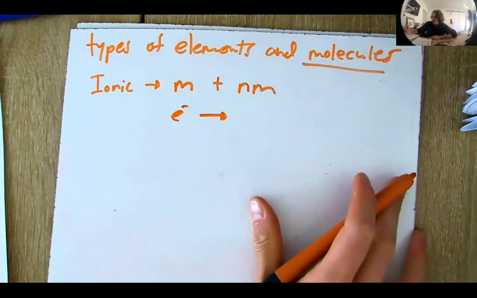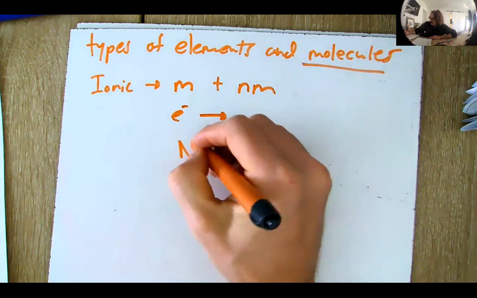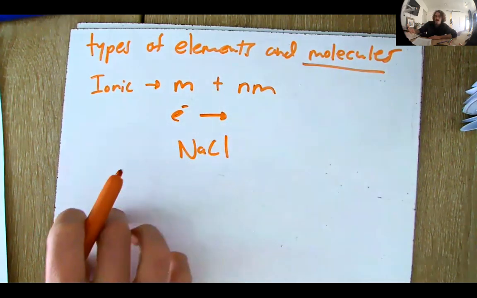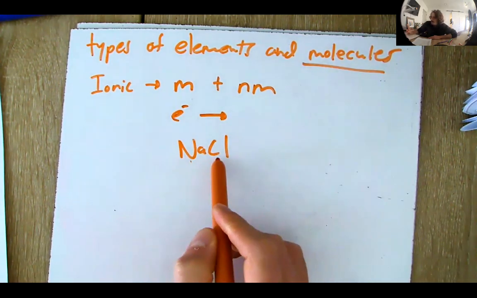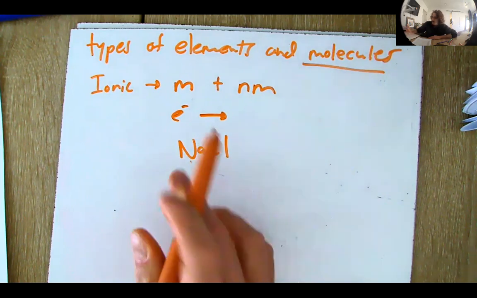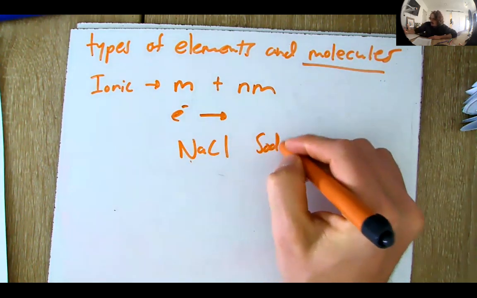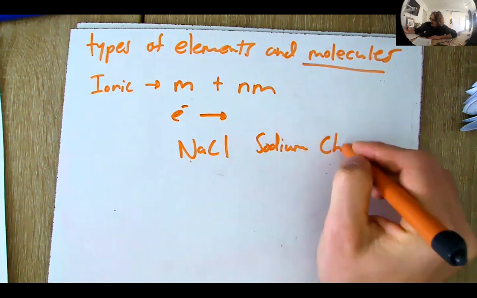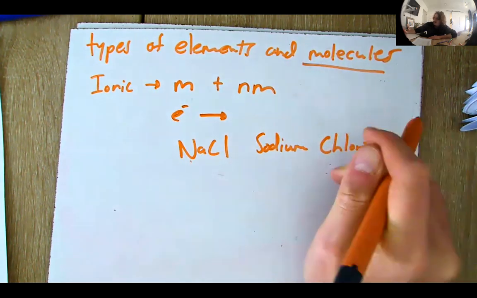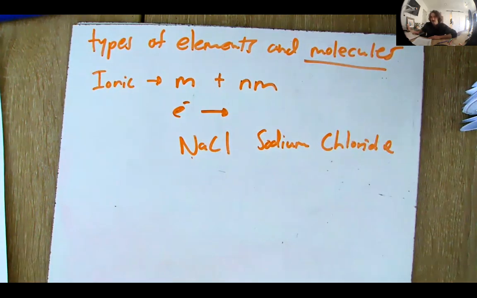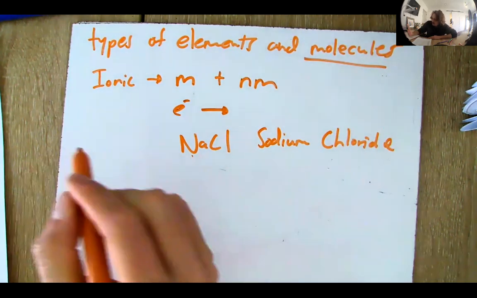An example of an ionic compound would be table salt, sodium chloride. Sodium would be the metal, and chlorine would be the nonmetal. When you put them together, you call it sodium chloride. Okay, the next type of molecule is one that we've been learning called the